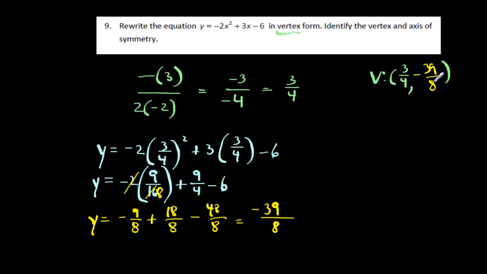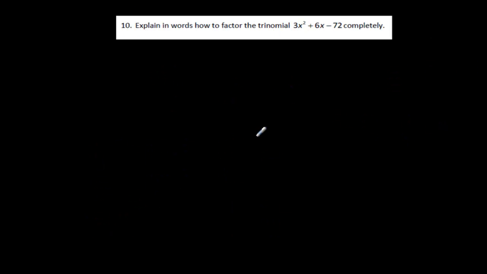So that's my vertex. So identify the vertex, mission accomplished, and the axis of symmetry. So the axis of symmetry is going to be the equation x equals 3/4. And last but not least,